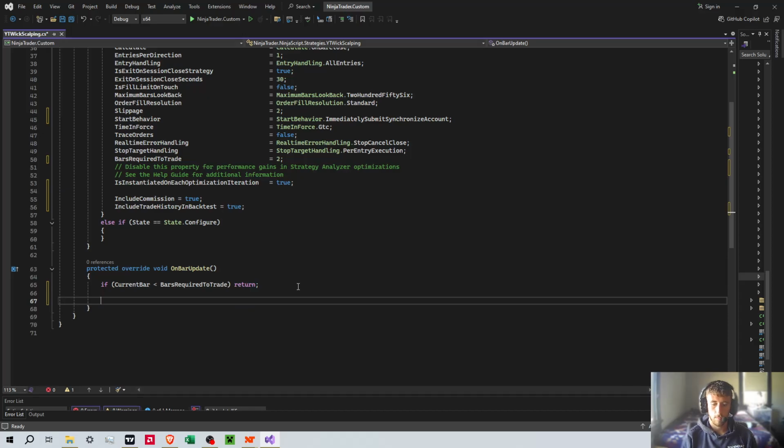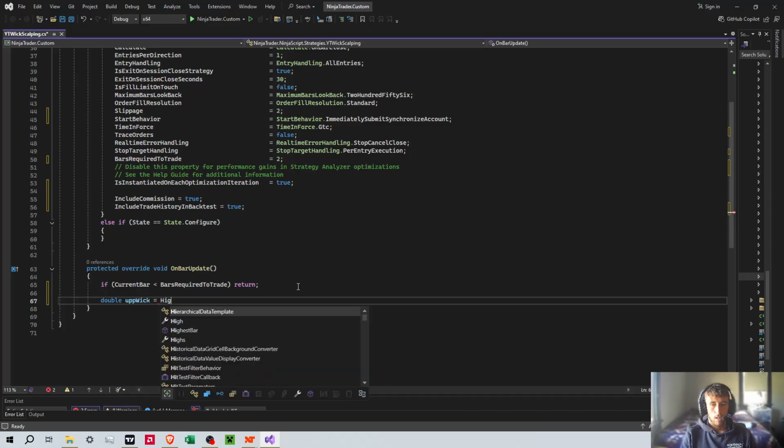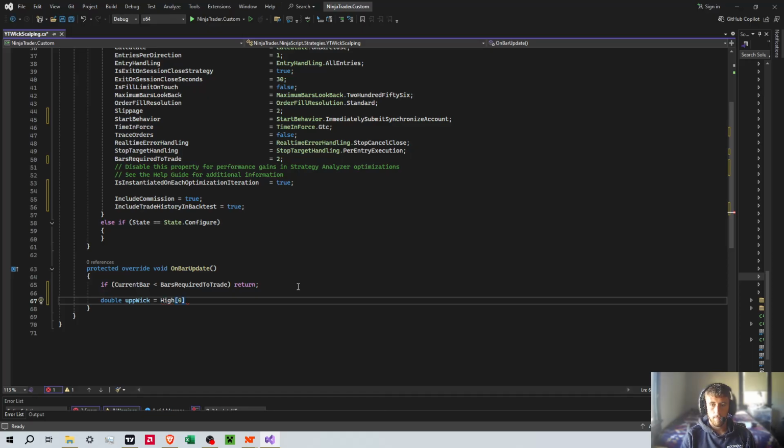Here's what we can do. We're going to do it by percentage, calculating the wick percentage. So here's what we'll do first. We're going to create our upper wick percent and our lower wick percent. So every new candle, we're going to create this variable. Our upper wick is going to be high 0 minus